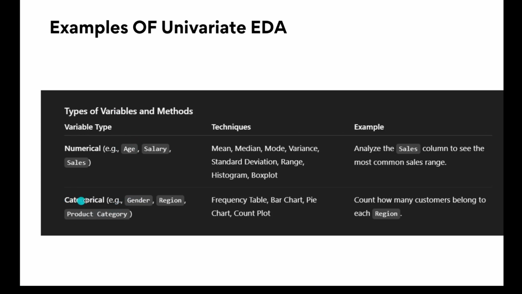Now, when we are working with categorical data, we may be using columns like gender, region, and product category. Now, what are the techniques we can use when working with categorical data? We can actually use a frequency table, bar charts, pie charts, and count plots. Now, for example, we can actually decide to count how many customers belong to each region